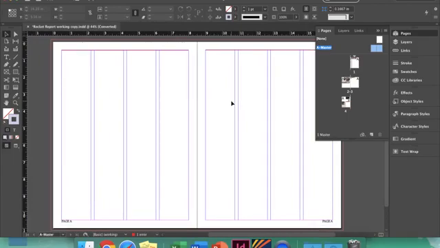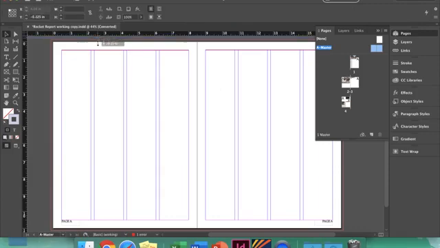A couple of other things that'll help us line things up when we're working on this page are invisible guides called ruler guides. They don't print, but they help us line things up. So with the selection tool, the way to get that ruler guide is to simply click on the ruler and drag that down onto the page. Now remember, I have that red line at the top of the page, and I don't want anything to touch that on the pages. So I'm going to drag the ruler down to about 1/8 of an inch below that ruler